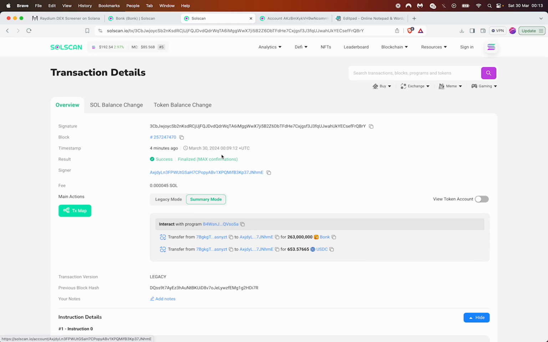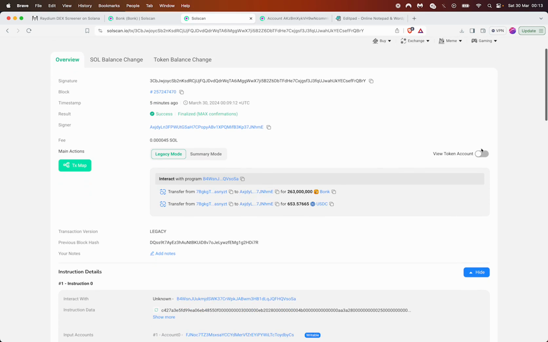This is the signer. Who's the signer? Well, it's like a bank: you go to the bank, you sign the check. The signer is the owner of the account, or whoever has signed for this transaction to occur. In this case, it's the owner of the wallet. The owner of the wallet basically